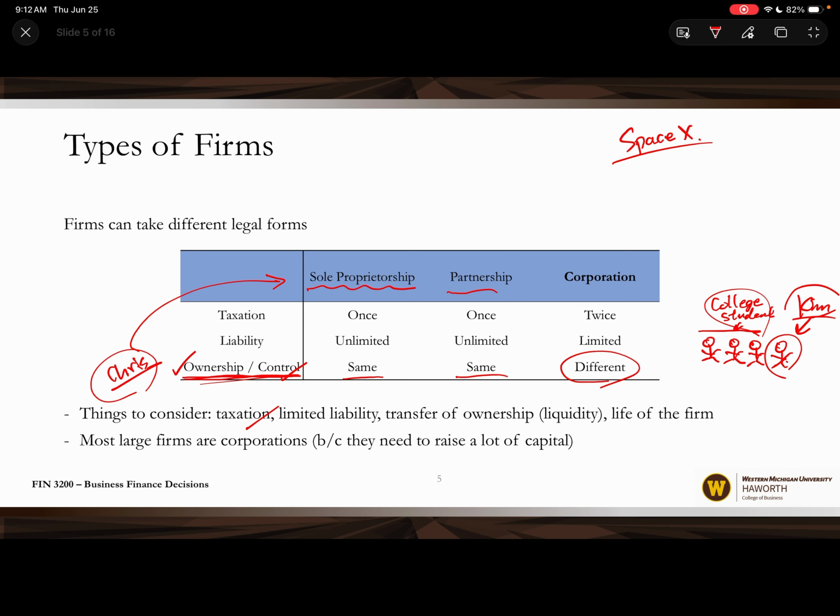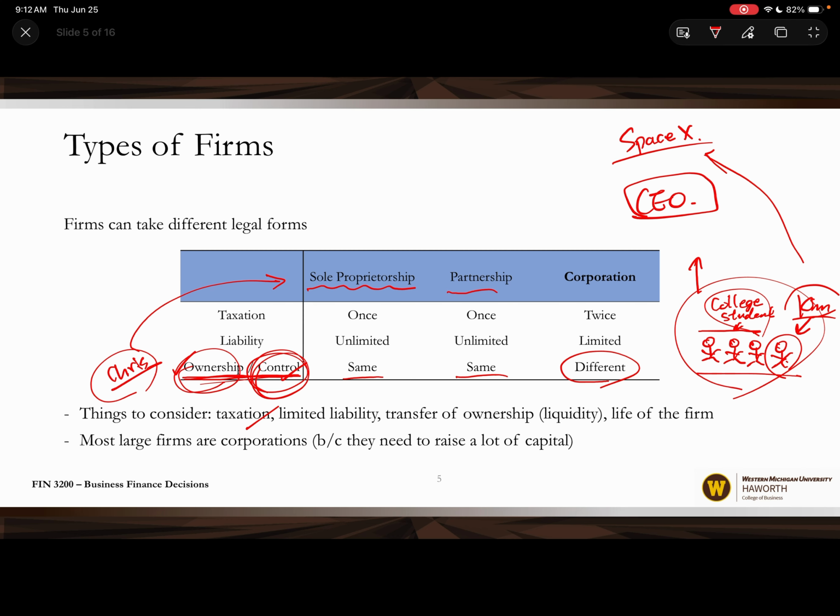We're all becoming owners of SpaceX, okay? But I don't know anything about space exploration, so I'm not able to run the company. The control belongs to someone else. I just have the ownership of the corporation. So we usually delegate the control to the managers, the CEO. We'll talk about the structure very soon, but the control of the firm belongs to the managers, but